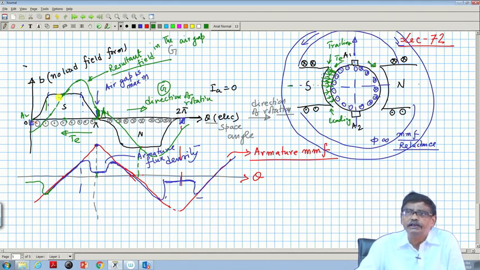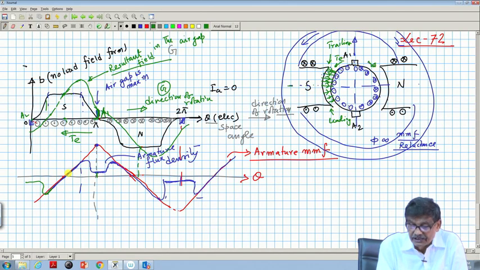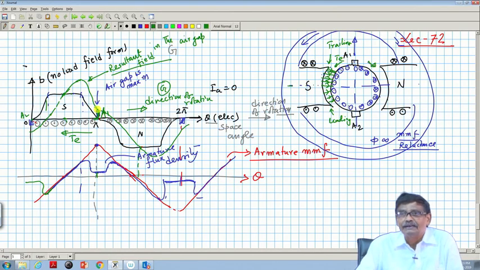But that is not to be because of saturation, because more MMF here may cause this flux increase in one half to be less than the decrease in the other half. That is why there may be a net reduction in flux per pole,